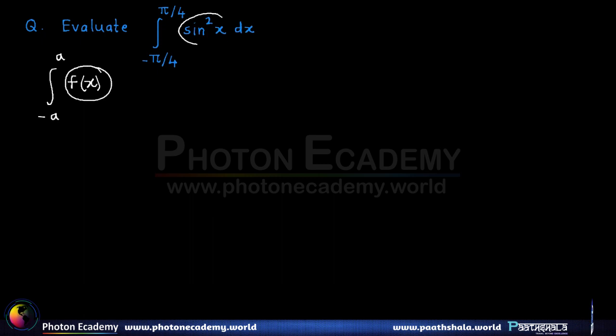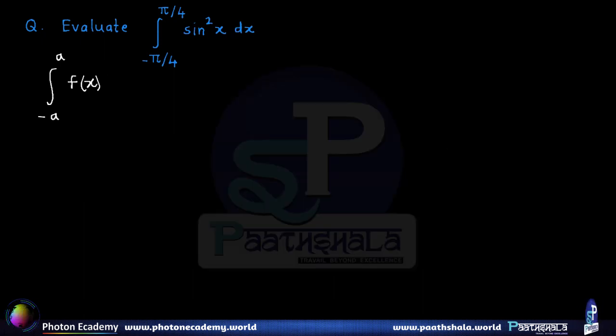Now our function is sine square x, so even if we replace x with minus x, since the sine of minus x is ultimately getting squared, it will be the same as sine square x only. So yes, we have an even function here. So using the property we can say that this integral is equal to 2 times the integral from 0 to pi by 4